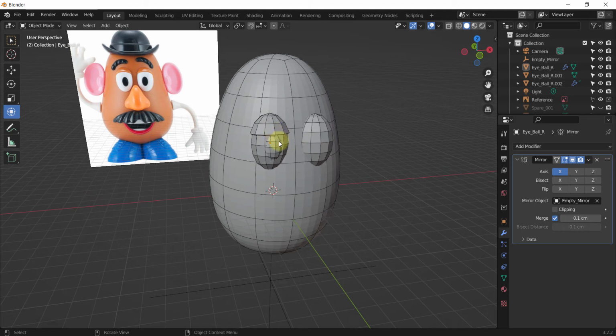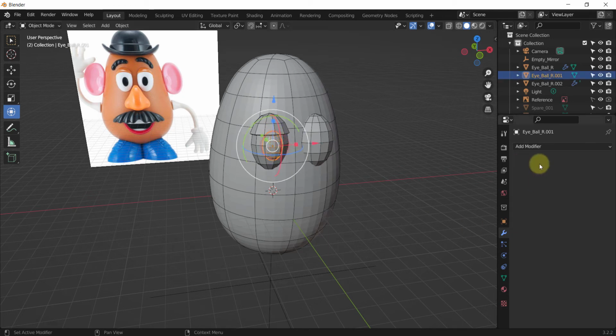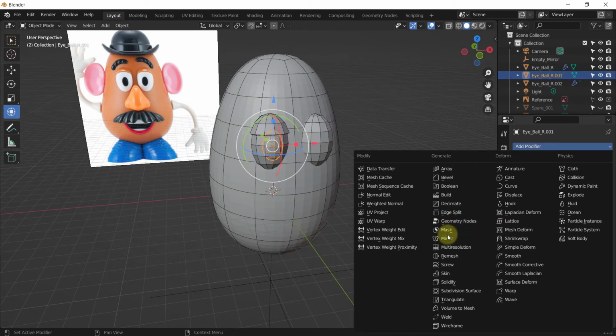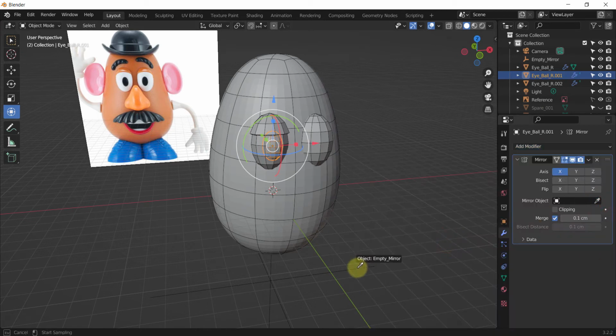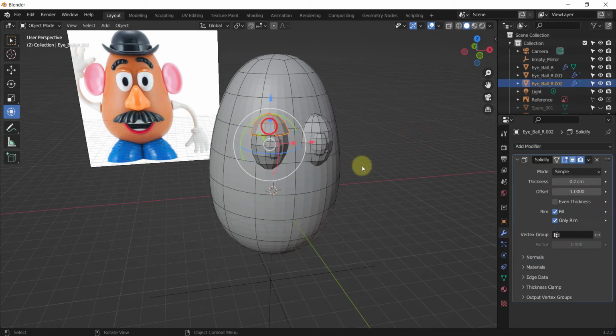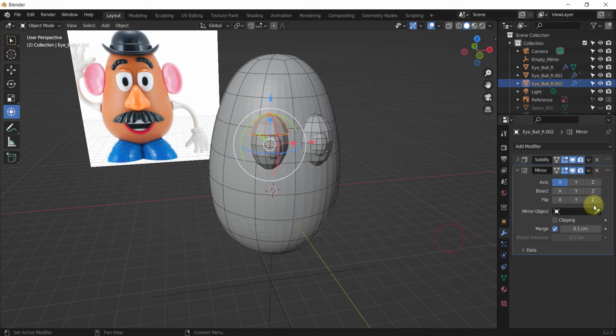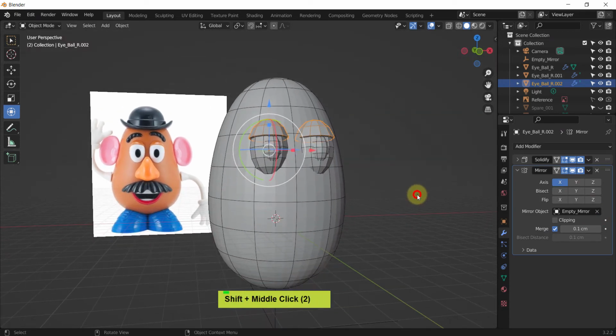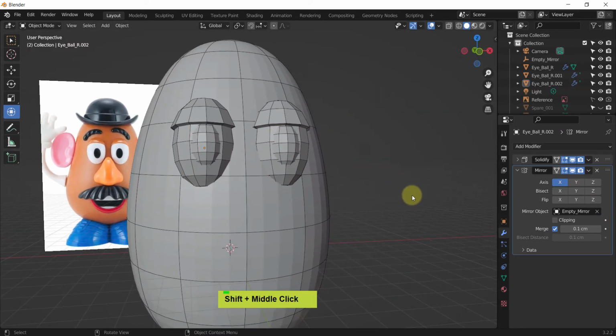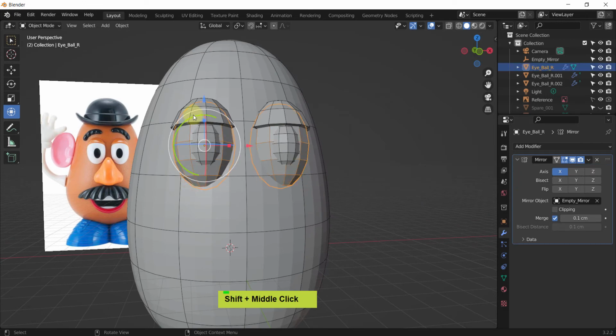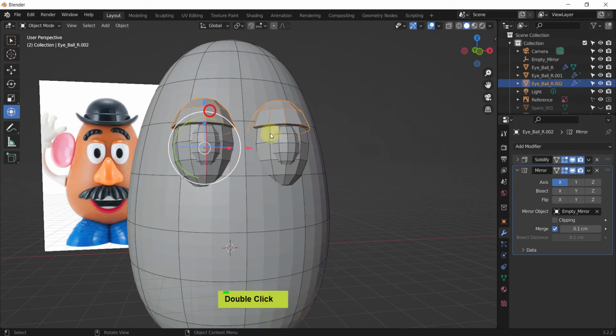Alright, so the next thing is we can do actually the same thing. Mirror, pick the model, there we are, let's pick one, and yeah, this was the center. So this one already has a solidify, and then just mirror and pick, and there we are. Okay, that's nice. We also need subdivision, but because these are actually a pair of models, so now we have this one,